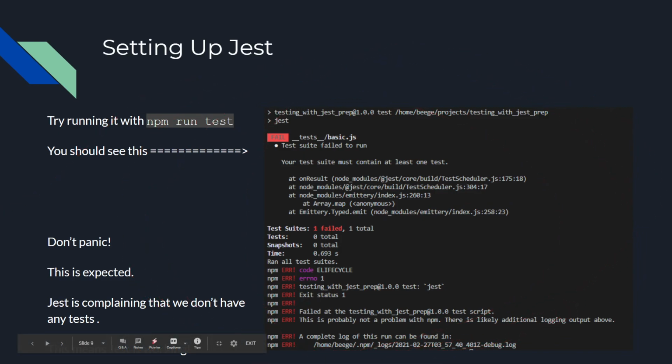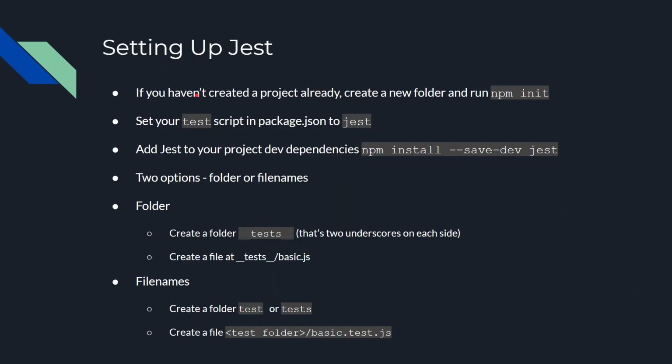Okay, great. So if you see this, that means that you have Jest set up properly. So congratulations, you set up Jest and you are ready to start writing tests. Basically, to explain what we did, Jest by default, if I go back here,